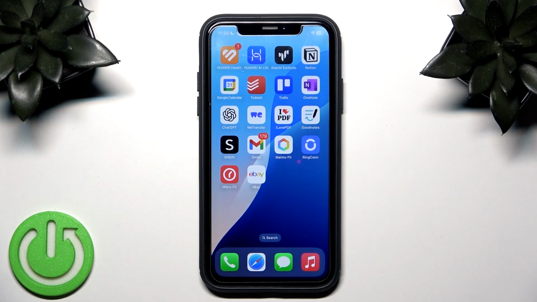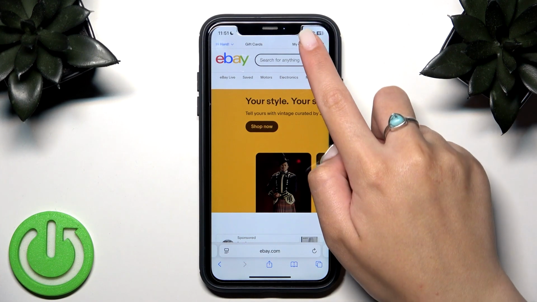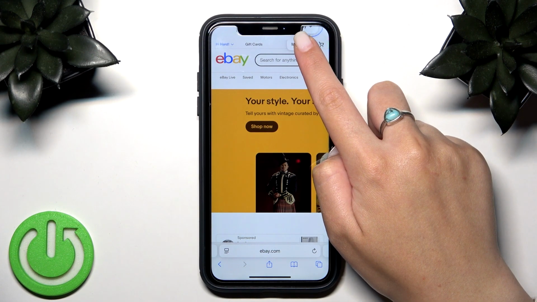Before we start, I need to mention that we cannot create an eBay shop directly through the application. Instead, we need to use the browser. So open your browser, type ebay.com, and then log in to your account. I have already done that. After you have the homepage, you need to go to My eBay